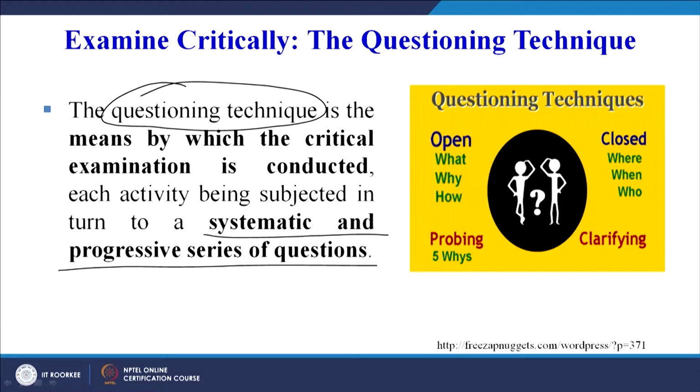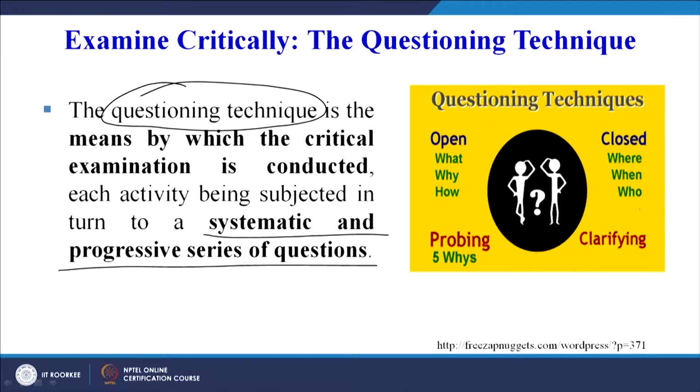One by one we will question the various events that are happening, or the various operations or processes being done: why are these processes being done, what can be the other processes to achieve the desired objective, who is doing it, why he is doing it, by which means he is doing it. A number of questions we can ask, and these questions will help us to find out the basic purpose of doing the work. Then we can look at alternatives: why this work can't be done on another machine, or by another technique, or by another method, or by following another sequence.